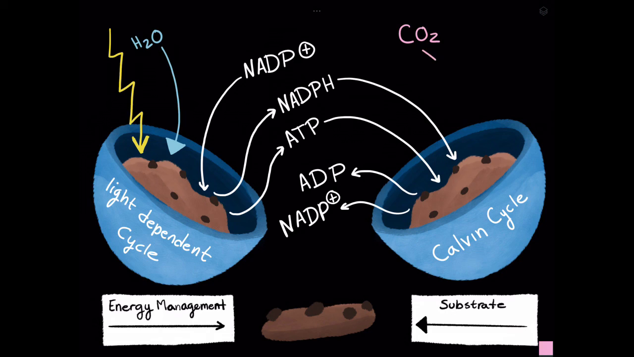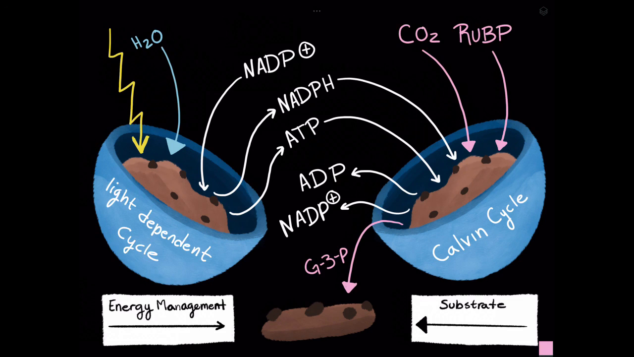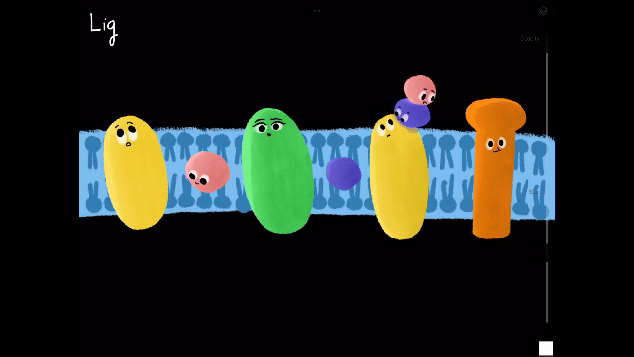We're going to need something to make those carbohydrates with. And that's going to be CO2 and then a sugar called ribulose bisphosphate, which we're going to abbreviate here as RuBP. So that's ribulose bisphosphate. And those sugars are going to be used to make G3P, glyceraldehyde 3-phosphate, which you might remember is an intermediate in glycolysis. So now we're ready to look at the details in each cycle, and we're going to start with